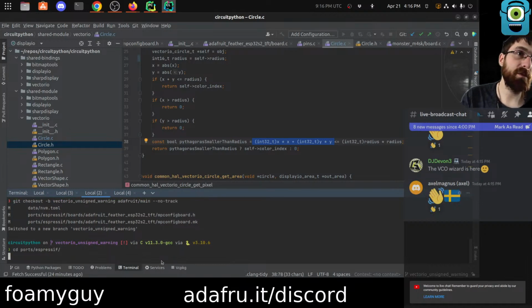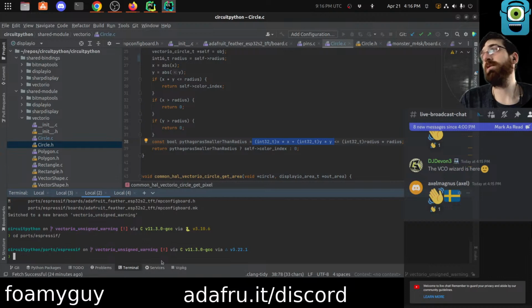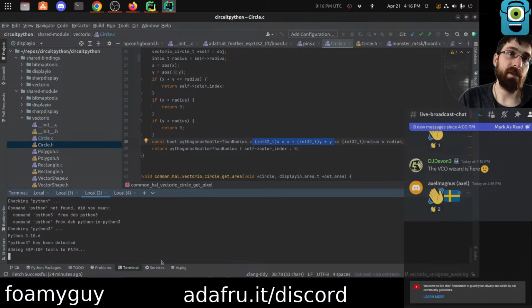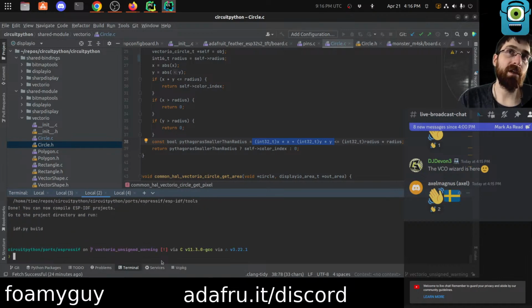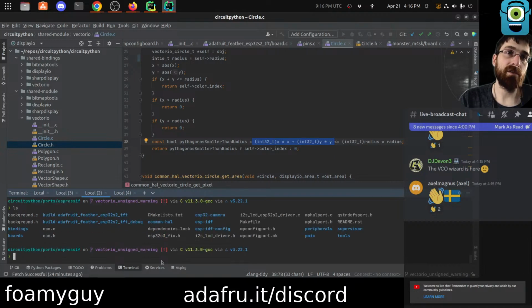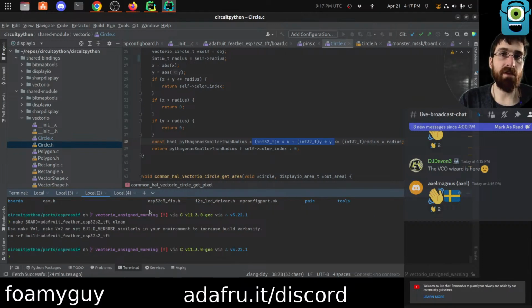Espressif. This will be where we go. We need to do export, dot space dot slash esp-idf export. Now we can make a build, I think. Make, what do we have actually? Should do a clean, I guess. Make board this, clean. And I guess we should probably do like,